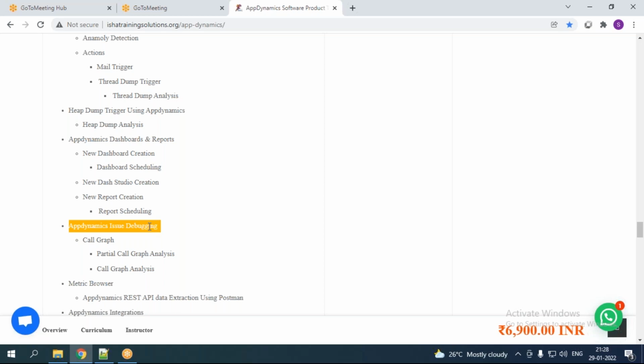So here it is call graph; in Dynatrace, it is PurePath. For call graph, we are going to learn about the partial call graph and then the full call graph. And then